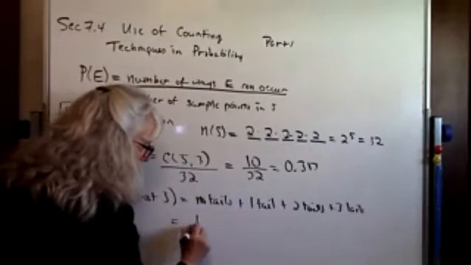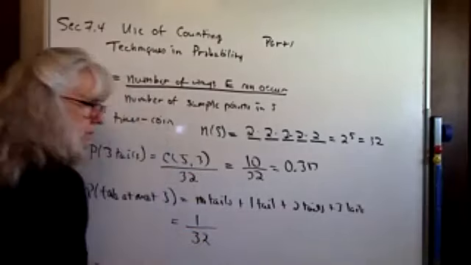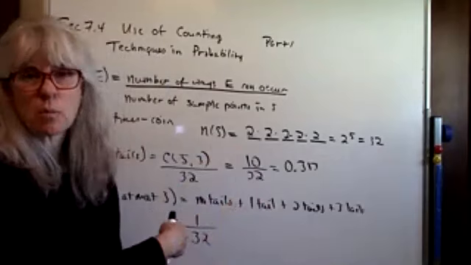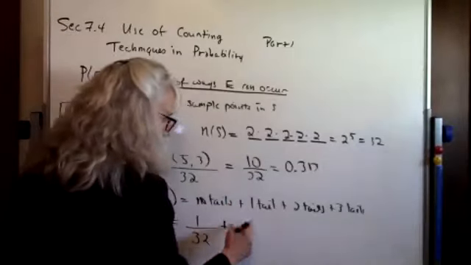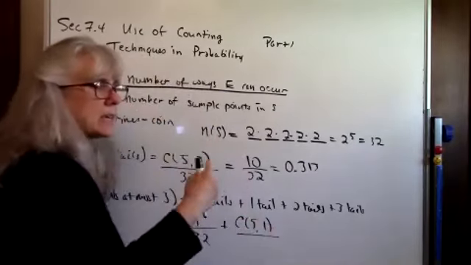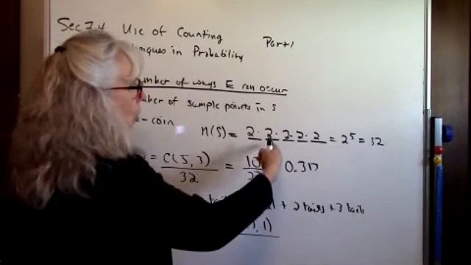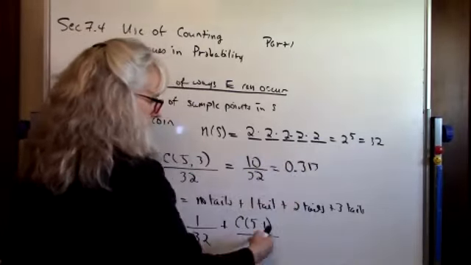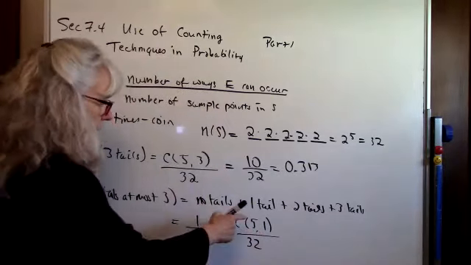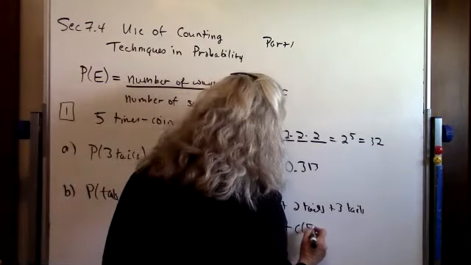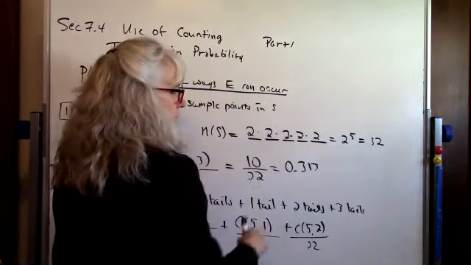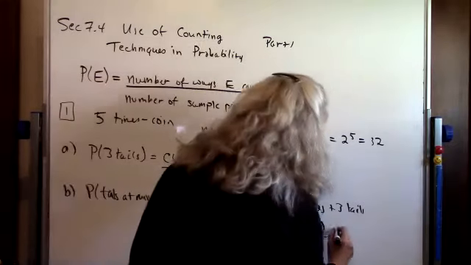So to get no tails, there's only one way that's going to happen. That would be all heads. We know there's only one way for that. You could do that as the combination of 5 choose 0. You'll get the same 1 out of that if you want to be consistent. To get 1 tail, I'm asking amongst those 5 positions, how many ways can I place the T? It could be in the first position, or the second, or the third, or the fourth, or the fifth. That's a combination of 5 choose 1 over 32, and that should come out to be 5. To do 2 tails, we'll do the combination of 5 choose 2 over the 32. And again, that would be putting 2 tails in any of these spots. And then we already know the combination of 5 choose 3